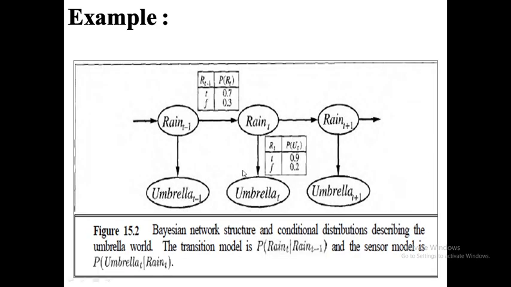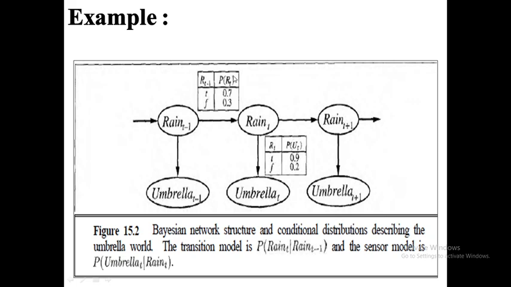Now he gave a superb example regarding the rain and the umbrella. These are all the variables. My random variable is X, and X is rain. Today's rain depends upon the previous rain. If we got full rain yesterday, today at least we will get drizzling. If there is no rain at all, tomorrow we will not get any rain at all.